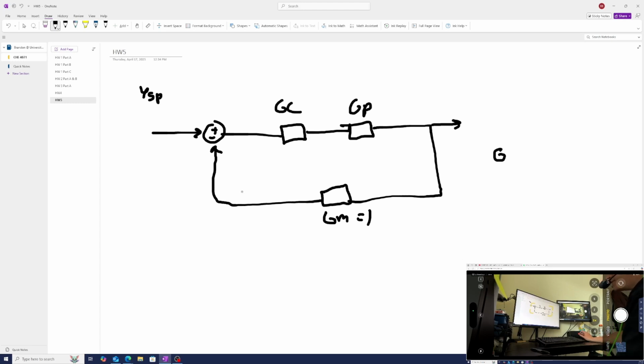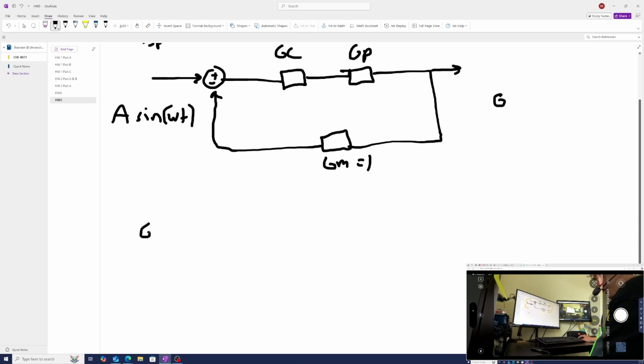For the first part of homework 5, we are starting with our process, which we will just combine all of our GC, our GP, and our GM into one term we'll call G, which will be our entire process. And going into this, we have our set point, which in this case will be a sinusoidal input, which we can represent as A sine omega t. And taking the inverse Laplace transform of this and multiplying it by our process, we get G times A omega over s squared plus omega squared,